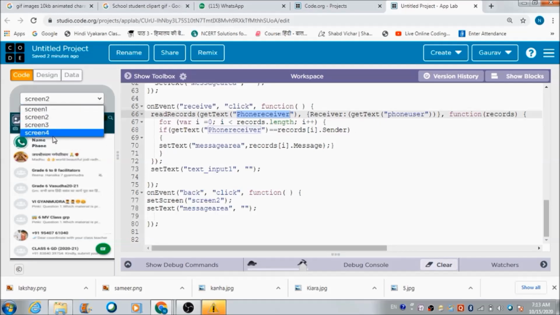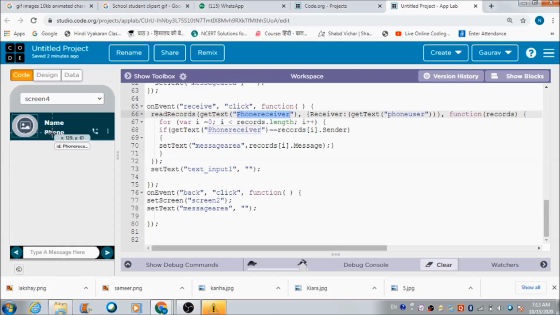Okay, where is that ID? This is the one. Whatever name and phone number is getting reflected here on the receiver's device, we want to fetch the data from that table. So this is the code we can use for it, and here we need to define a condition also, that the receiver should be this person.